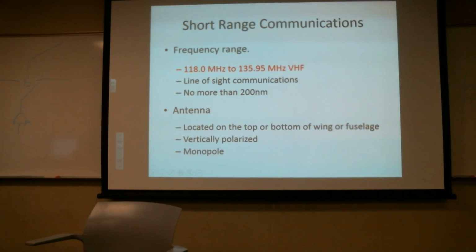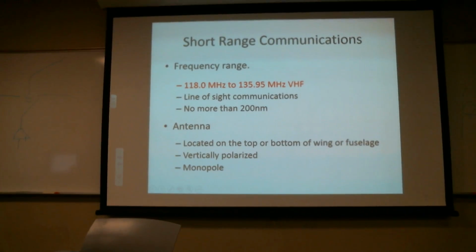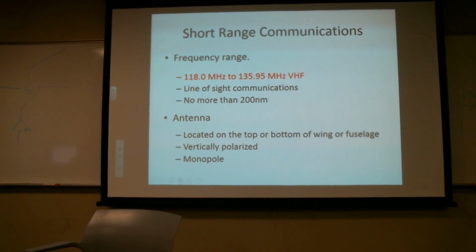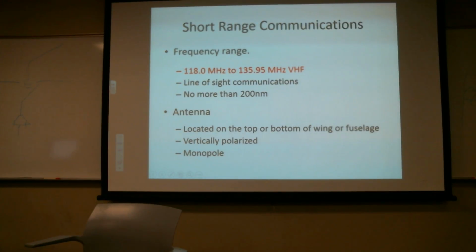Okay. Rarely would you find a situation where you've got a transmitter, like LAX or Ontario, that truly can transmit 200 nautical miles across the ground. However, up at 40,000 feet, now it's real easy to get straight line 200 nautical miles. Down low, because of the curvature of the earth, you're going to be behind the earth. So that's why there's both a line of sight requirement and still no more than about 200 nautical miles. So this is true for all communication and for aviation, which means no matter what, you're going to have an antenna at least every 200 miles. Well, we've got a lot more antennas than that, but